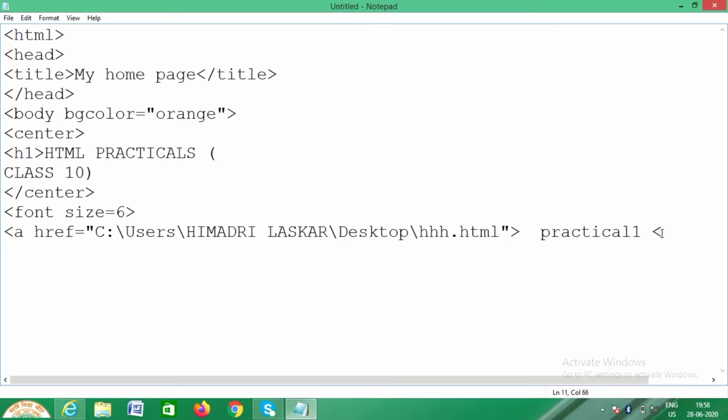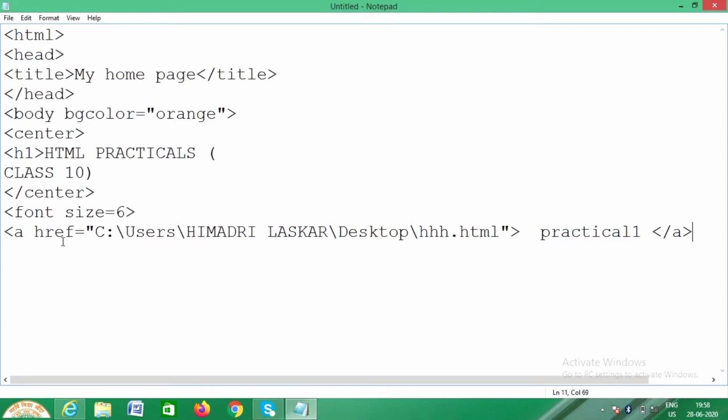Now I have to close the anchor tag. Again I am explaining this tag, students. A, it is the anchor tag needed to link a page. href means hyperlink reference, the link where it will take the browser, to which page it will take the browser; that address it will contain.